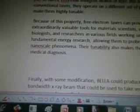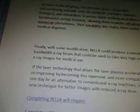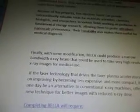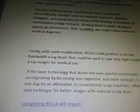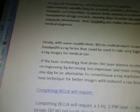Sorry. In various fields working on problems in fundamental energy research, allowing them to probe ultra-short nanoscale phenomena. Their tunability also makes them useful for medical diagnosis. Finally, with some modification, BELLA could produce a narrow bandwidth X-ray beam. Oh, there we go. We need a narrow X-ray beam, don't we, for our engine. That could be used to take very high resolution X-ray images for medical use. Or you could use it for a UFO engine if you figure out